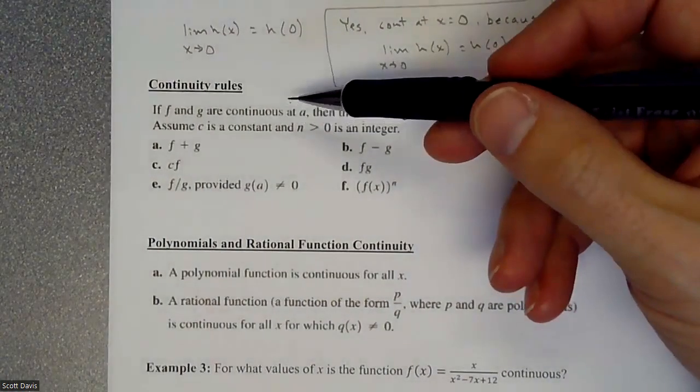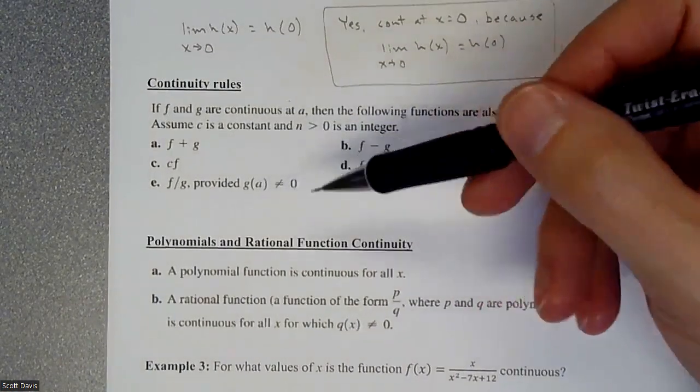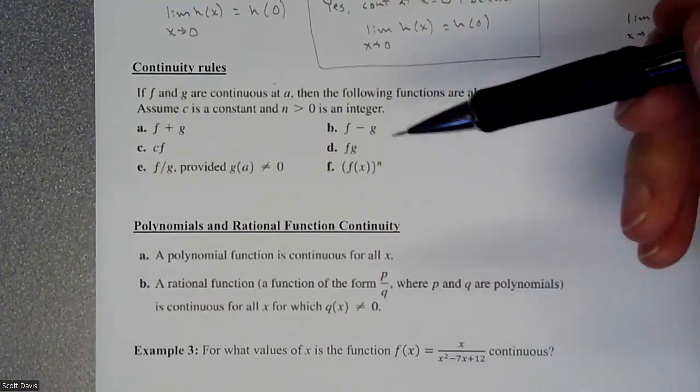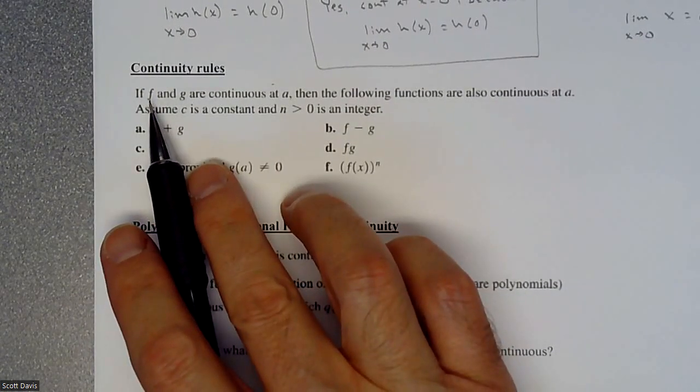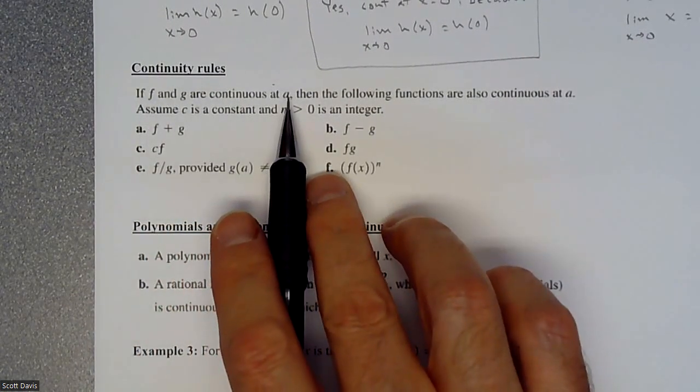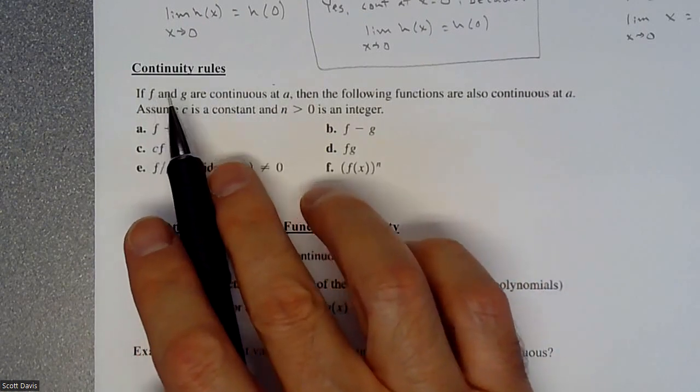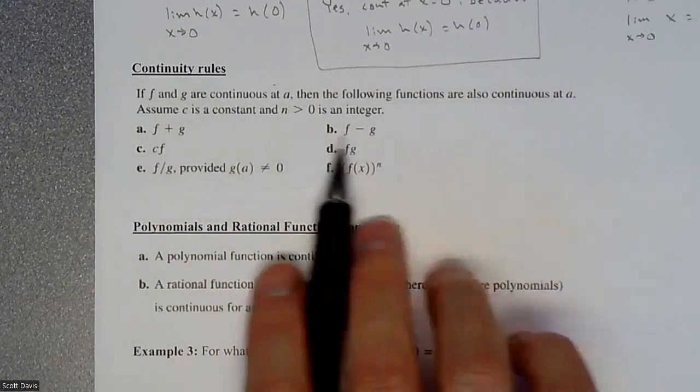In this lesson, we're going to continue our continuity. We have a couple different rules that we're going to use and some examples eventually. If you have two independent functions, a function f and a function g, and they're continuous at a certain point, so it's continuous at one, then you have all these other properties that